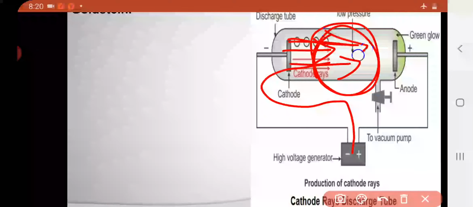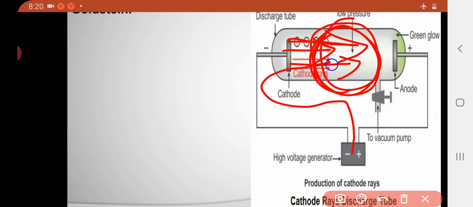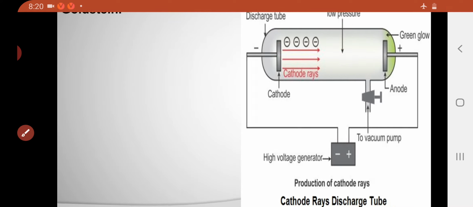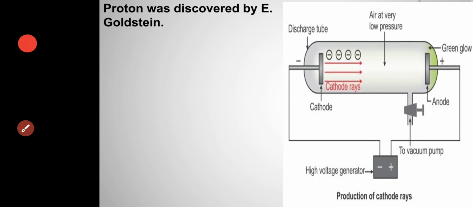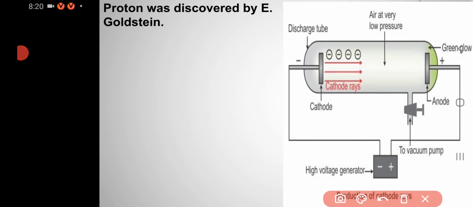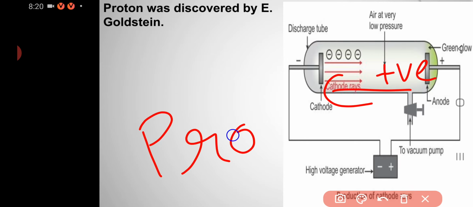The negative charge will be ionized in this gas, because the positive charge is present in this air. Whatever atoms are present in the air get ionized with the negative charge, and they get a positive charge. That's why they get back to the cathode. They get back to the cathode because they get ionized, and their negative charge is converted into positive charge, and they are again attracted towards the cathode. That's why, as they are positive charge, he gave them the name proton.